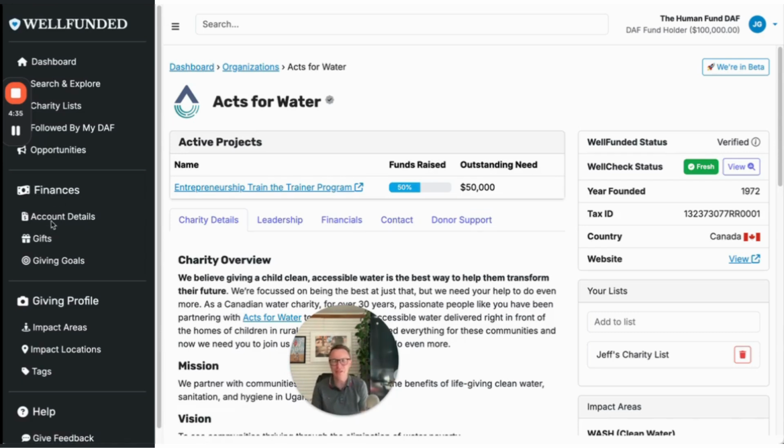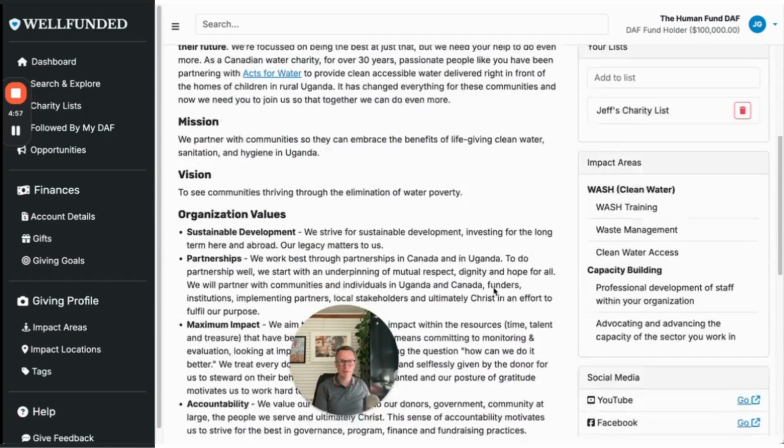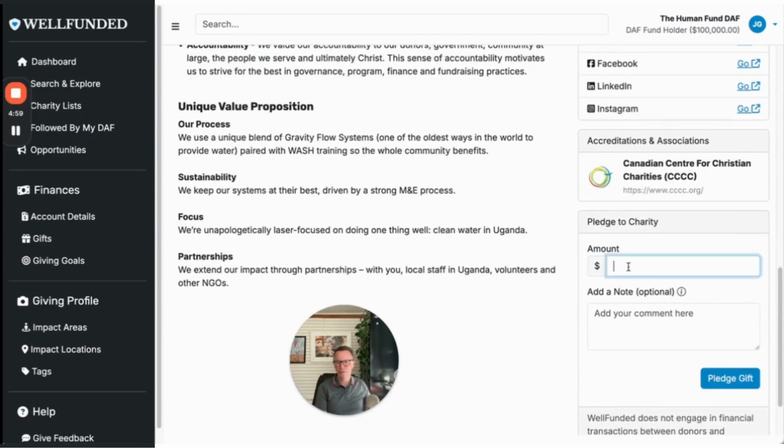Lastly, account details. Depending on whether your DAF has chosen to opt into this feature, they can update the balance on your fund, which gives you a clear understanding of how much money you can pledge away on WellFunded or on other areas. It's important to note that WellFunded is not a transaction platform. So when you make a pledge on WellFunded, for example, if I made a $50,000 pledge to Axe for Water on this page here,